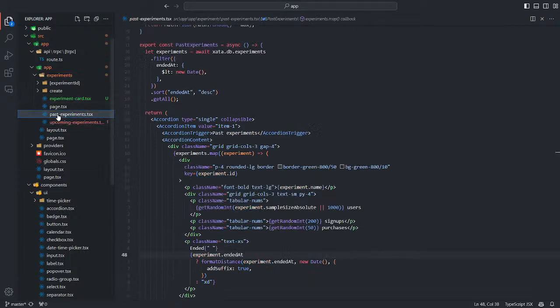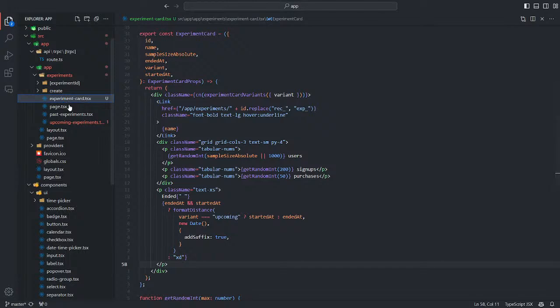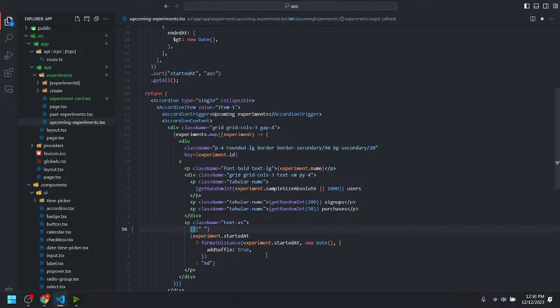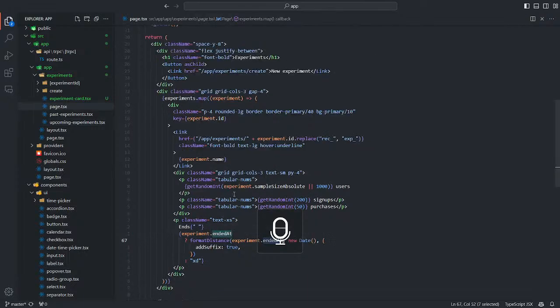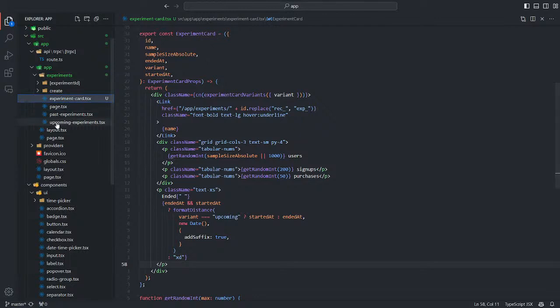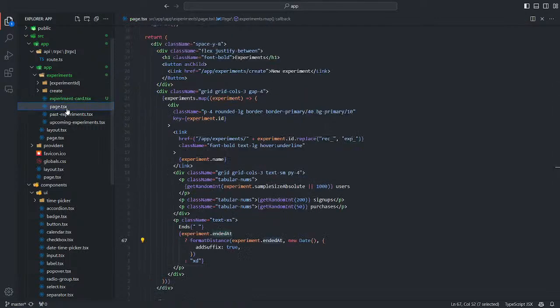If variant is active, the message will be ends.